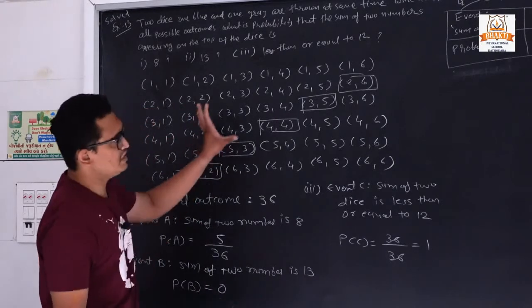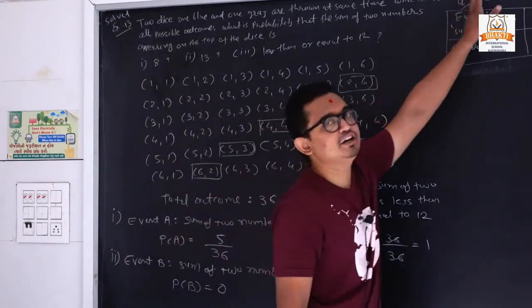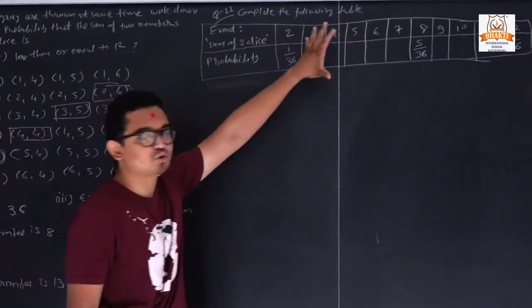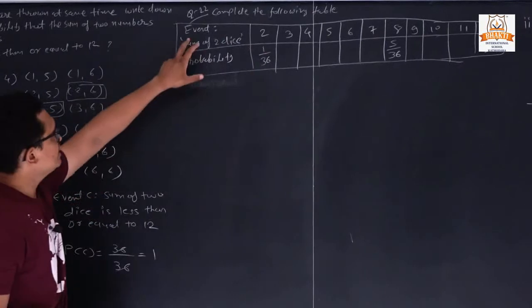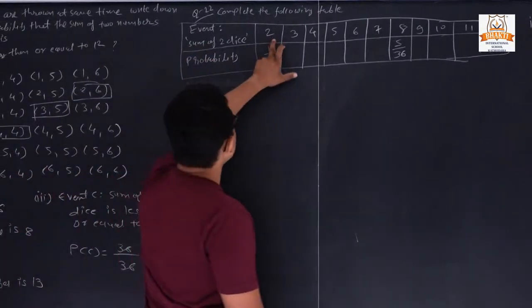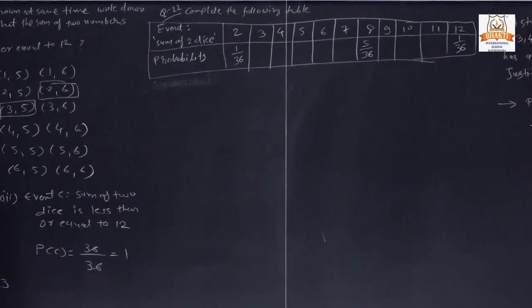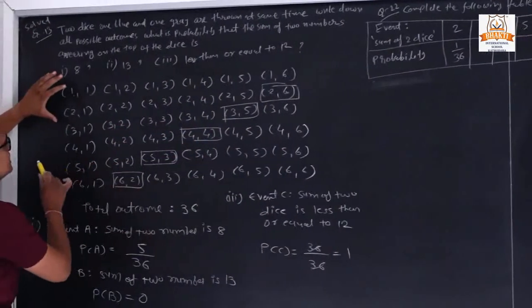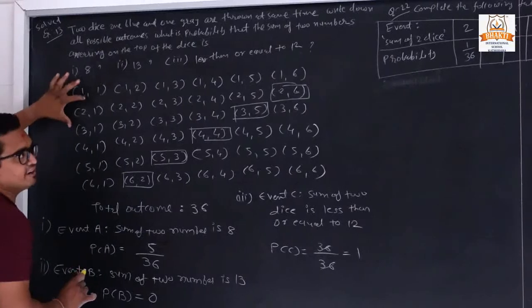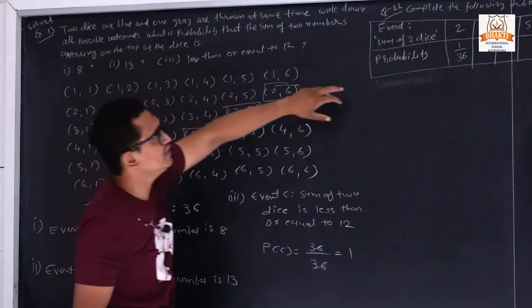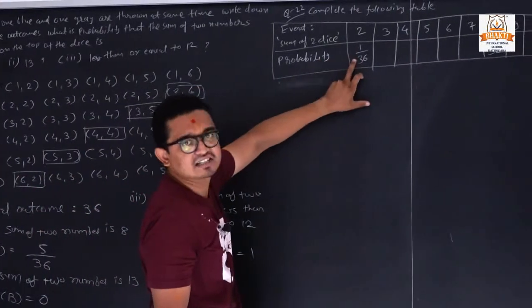So now this sum is related to our question number 22 also. They are asking, complete the table if two dice are thrown. So the sums of events are given. See that 2. The sum of this event, 1 plus 1, will be 2. So out of all 36 events, we have only one event whose sum is 2. So its probability is given in our question, 1 upon 36.